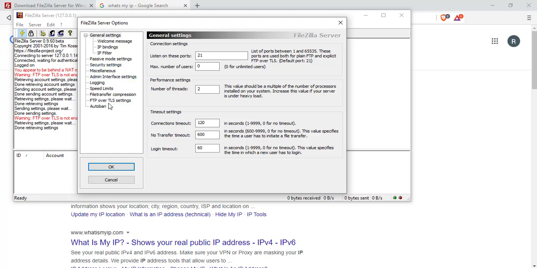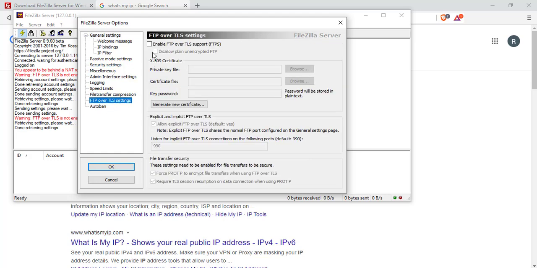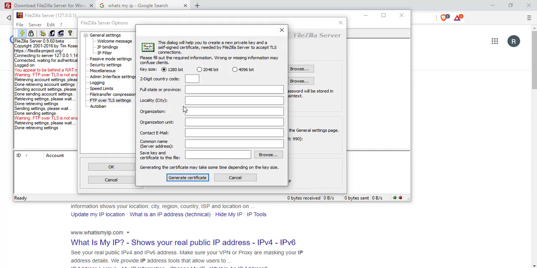We go down to the FTP over TLS settings, and we enable FTP over TLS. For this menu, what we need to do is generate a certificate. The certificate will allow the user connected to the FTP to validate or trust that the connection is encrypted. So now